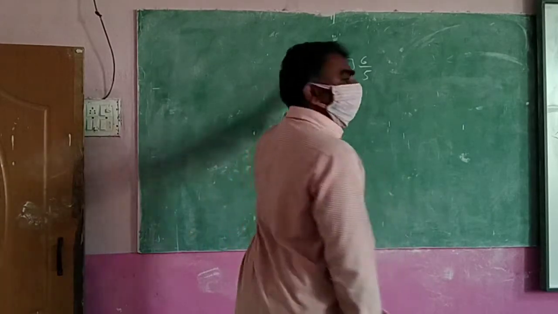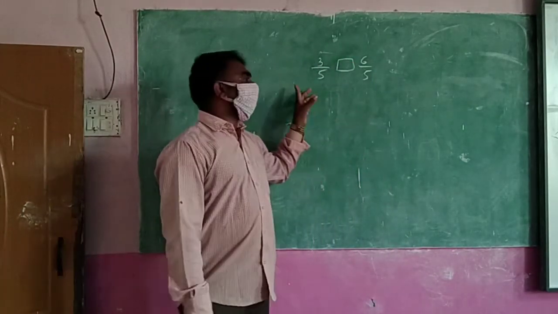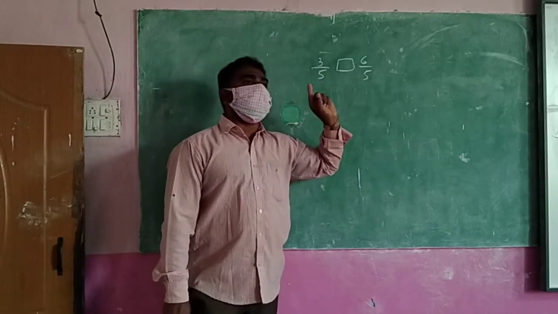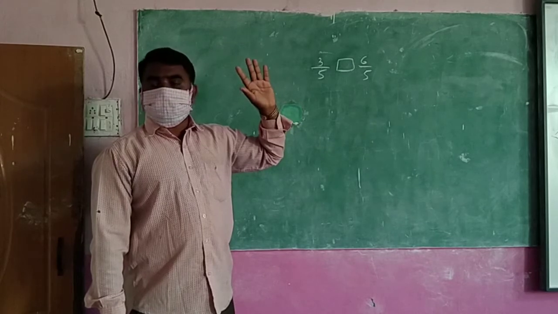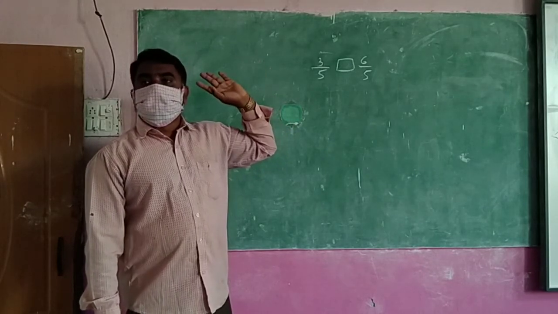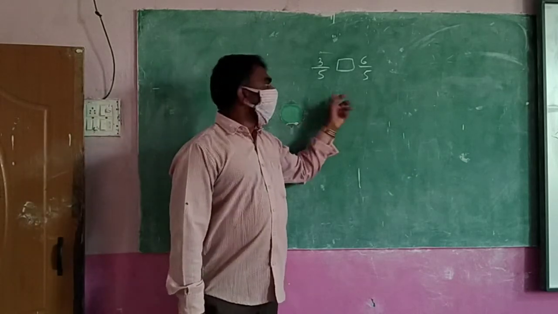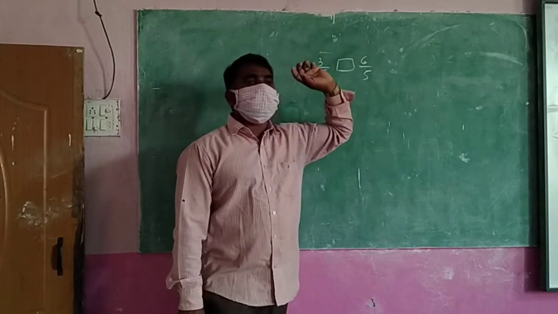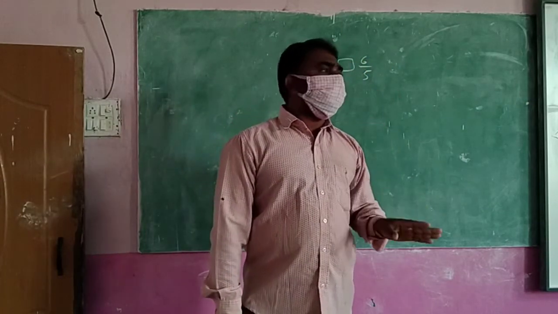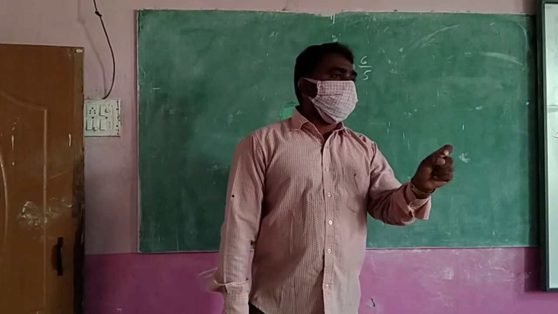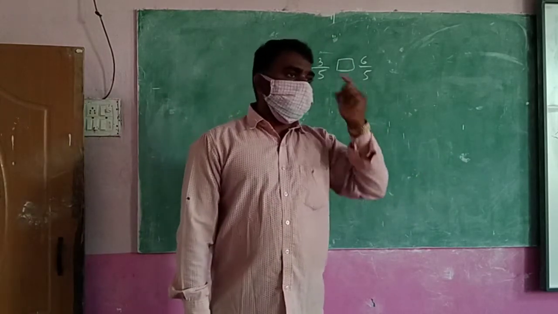Simply you can say that because yesterday I already discussed it here. Where the denominators are equal, the sizes are equal, they are called like fractions. If like fractions are there, you can say directly, I said. We are not at that level of pictures now; size and picture is the first basic level. But afterwards we have done a lot of problems. There you have seen that when like fractions are there, you can say which is bigger and which is smaller.